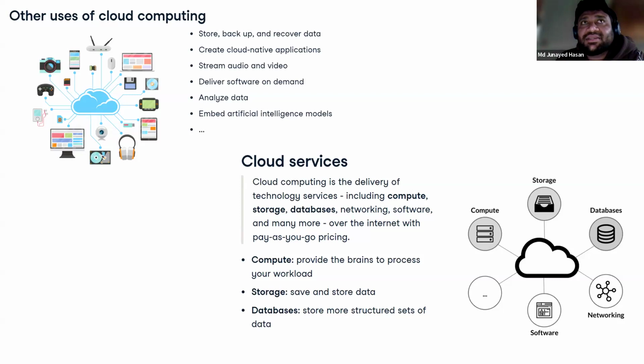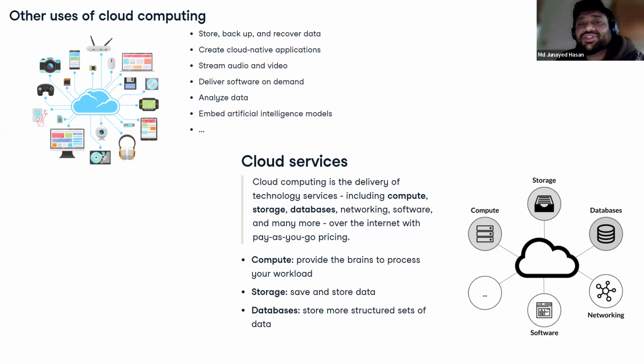Inferencing means we pass some image or some data to a trained model and that can actually tell us the result. So when we're passing it, it actually has to compute. Previously this model used to be on our computer and we gave the model our data and it gave us the result. But now that computation is done in the cloud. So that's kind of the brain of the process.